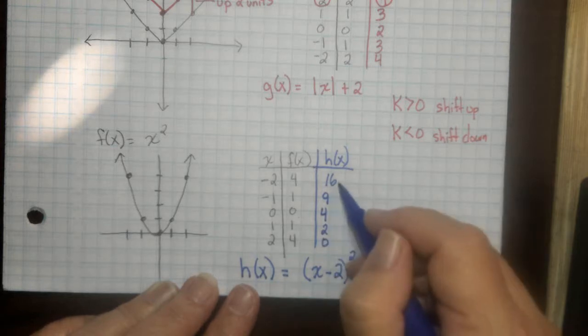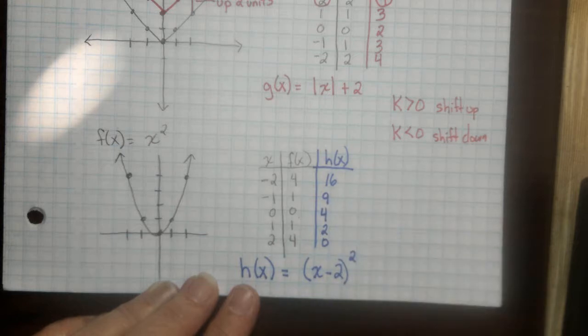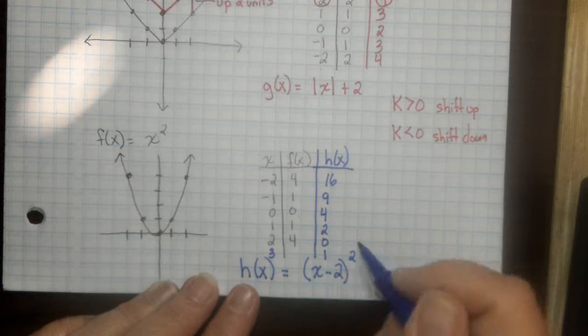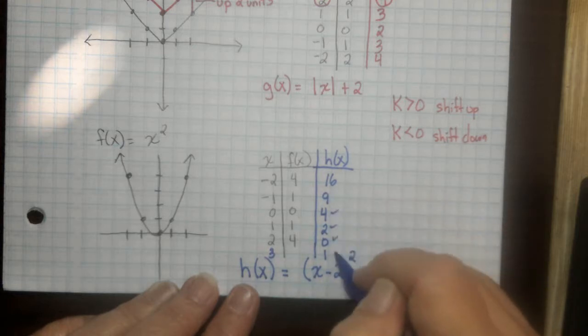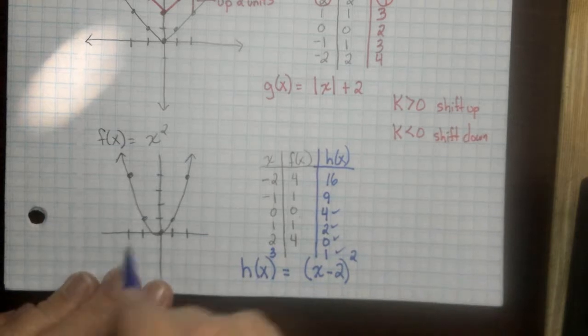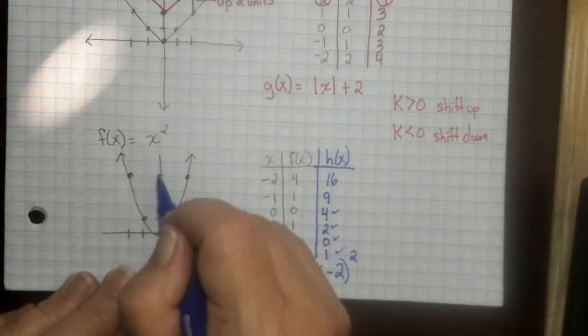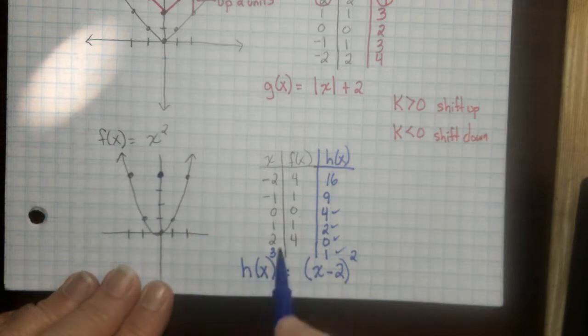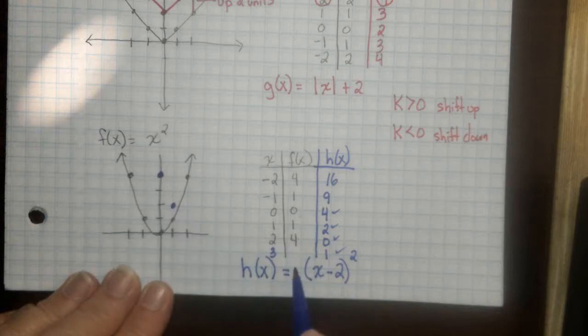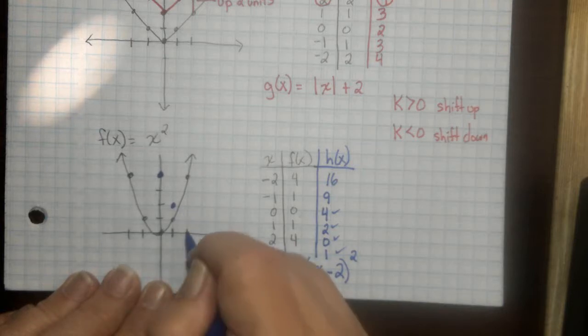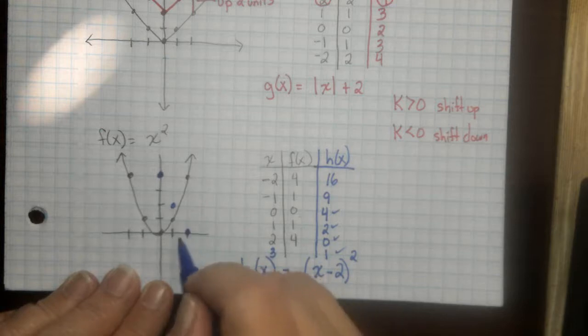And now I'm looking, this 16 and this 9, they're going to go off my graph. So I'm going to add another point. I'm going to put in a 3. 3 minus 2 is 1, and 1 squared is 1. So I'm not going to plot the 16 or the 9 because they're off my graph. I'm going to plot these 4 points. So at 0, I'm at 4. And at 1, I'm at 2. And at 2, I'm at 0. And then at 3,